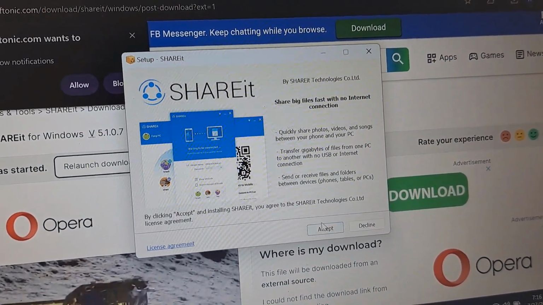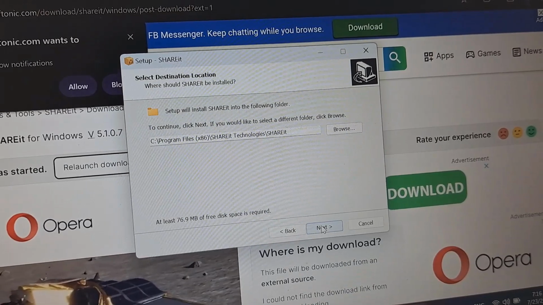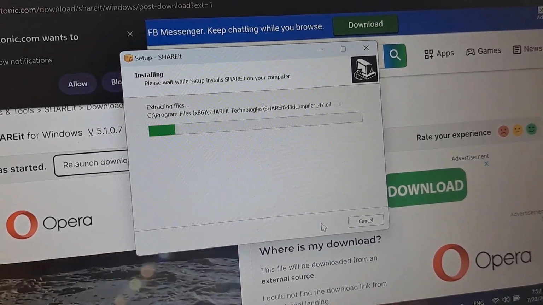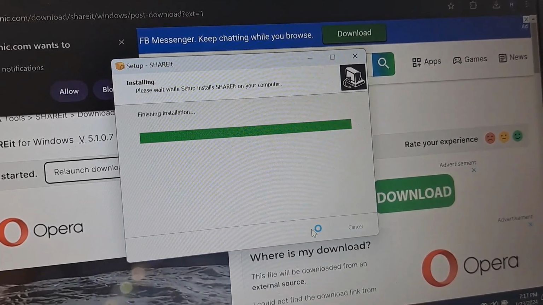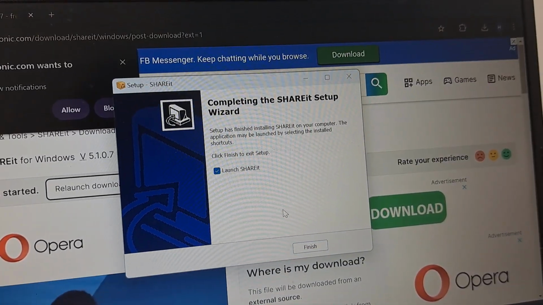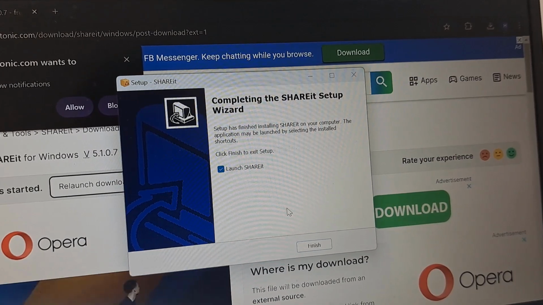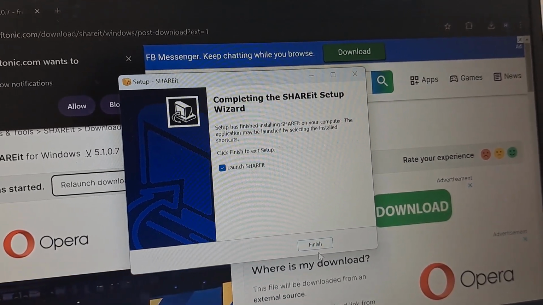Now click accept, click next, next. Perfect, so ShareIt is installing on our computer. Click finish.